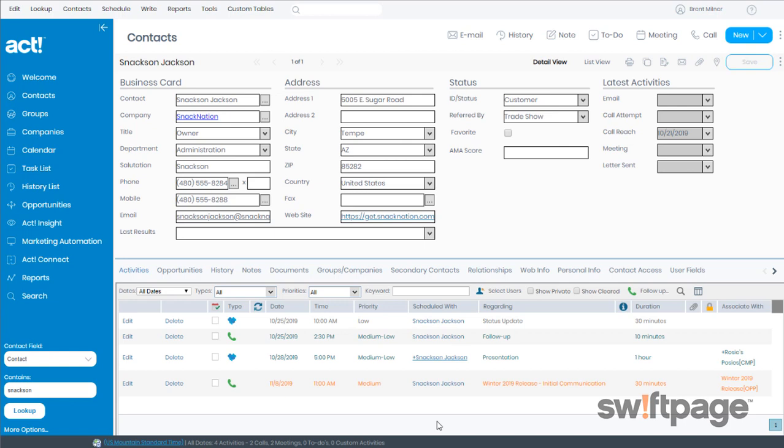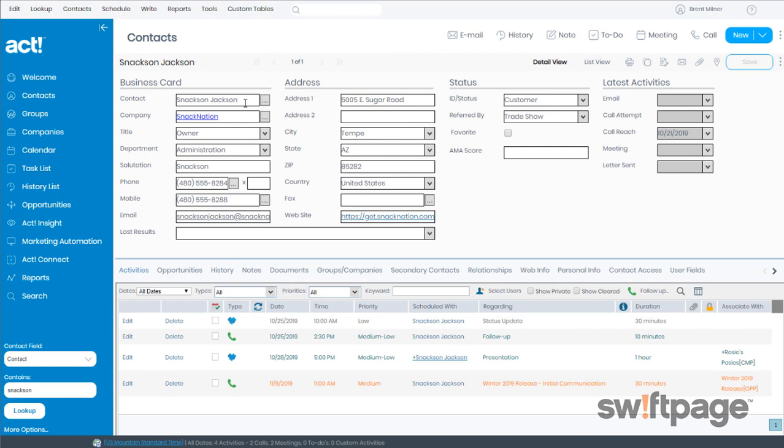In this video, we will explore contacts and how to store information in the contact record. This is the detail view of a typical contact record. There are several different field types available here, which allows you to safeguard the type of information that gets entered in each field. In addition to text fields, there are date fields, drop-down lists, monetary fields, simple yes or no